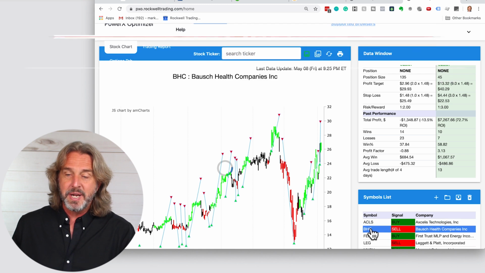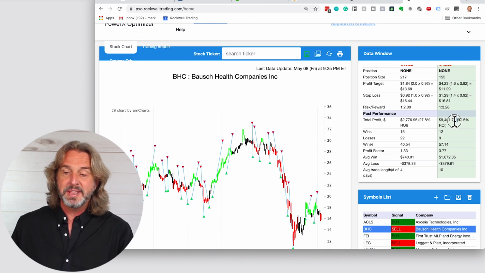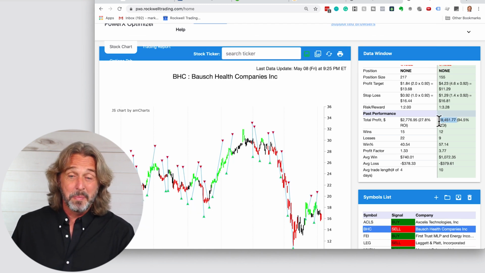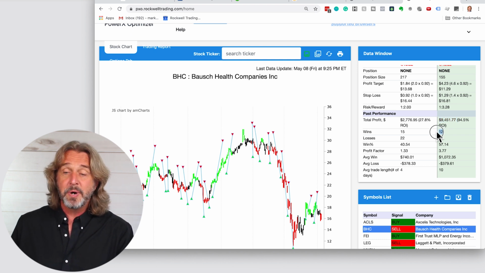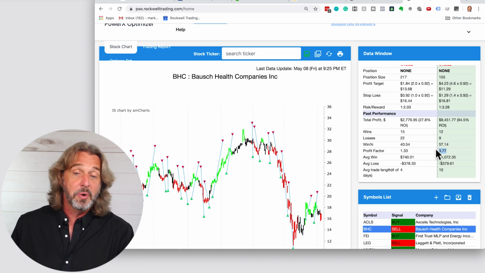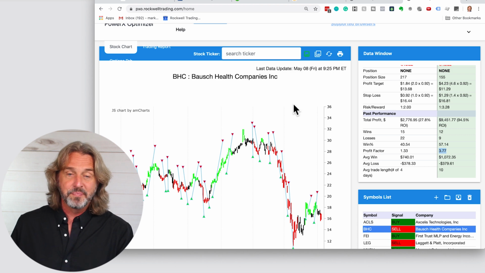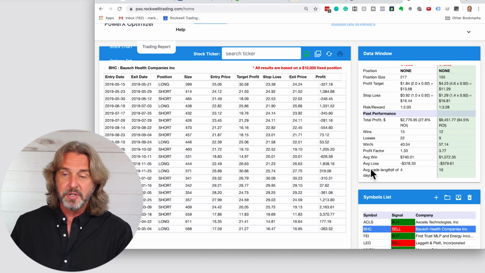I want to show you BHC. Right now it shows that if you had traded BHC according to the rules of the PowerX strategy on a $10,000 account, you would have made $9,451 over the past year. 12 winning trades, 9 losing trades, 57% winning percentage, and a profit factor of 3.77. However, if you now look at the trading report, you see that out of this